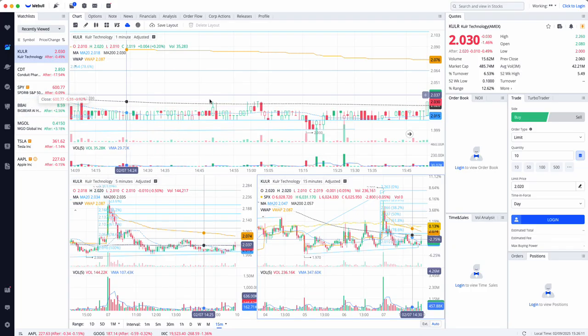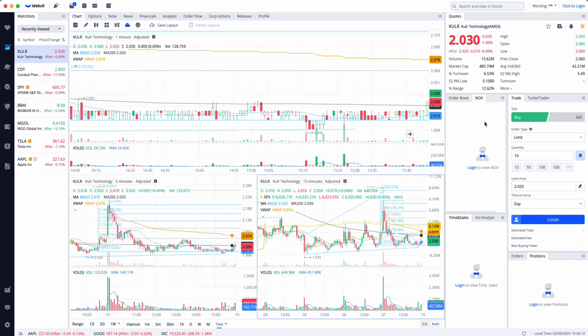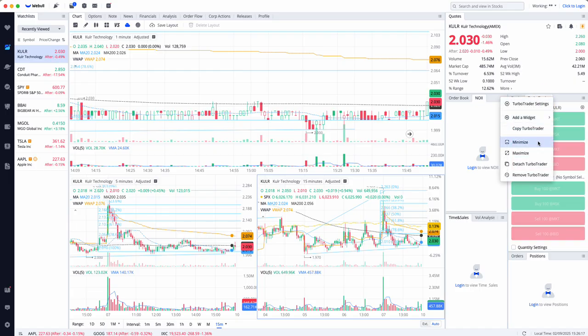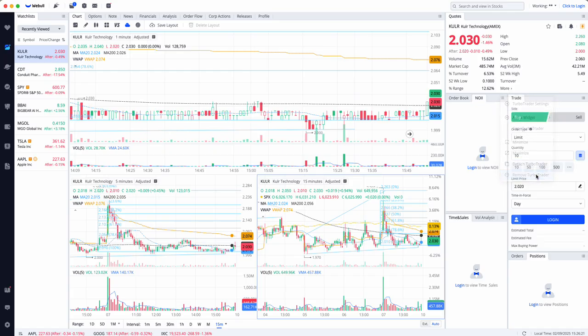So for example, you don't want something like turbo trader. You can delete the turbo trader by going to the option, right clicking that, and saying remove, right? And let's say,